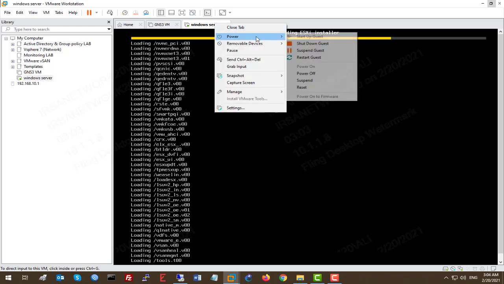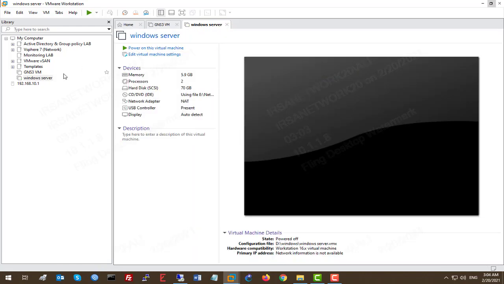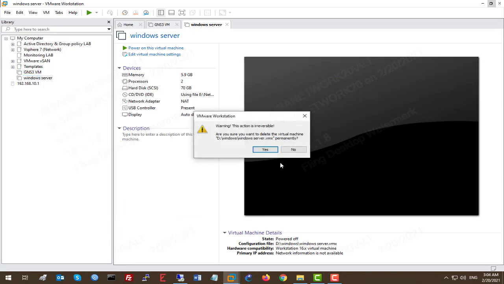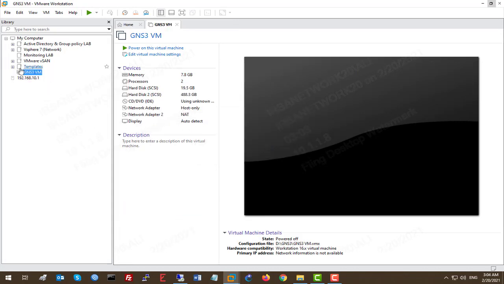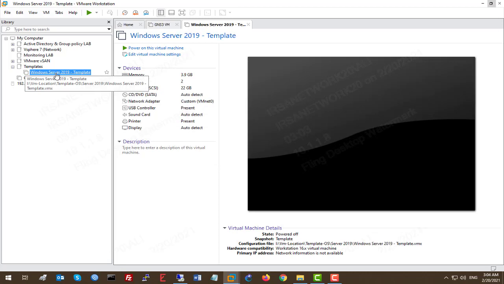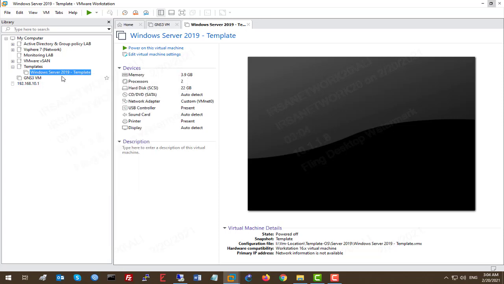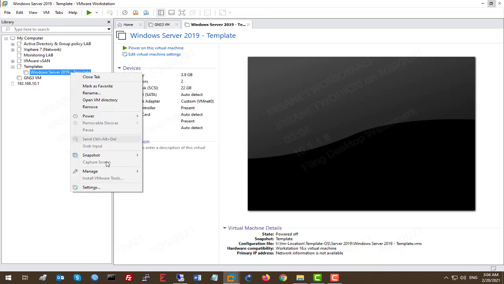So let's power off this virtual machine, and let me delete this one because I have my own template. I just want to install my Windows Server from the template. So what is a template here? You just install Windows or ESXi or whatever operating system, and you configure it. You go there adding the IP address, the host name, or whatever you want, and then we'll go here in